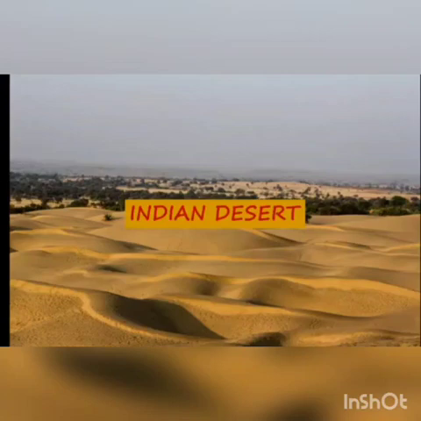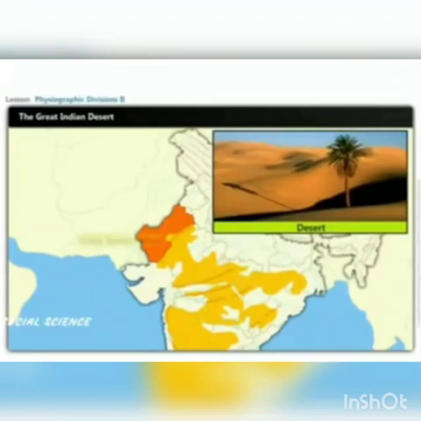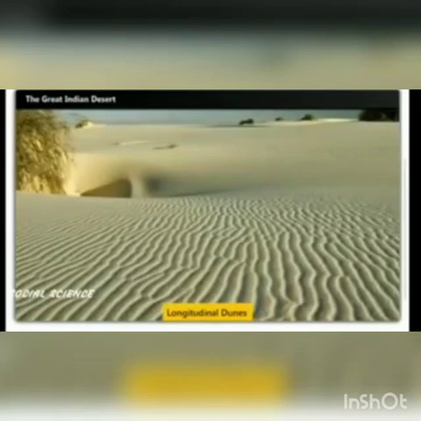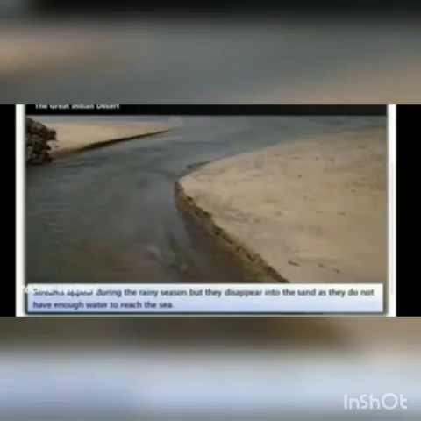The Indian desert lies towards the western margins of the Aravalli Hills. It is an undulating sandy plain which is covered with sand dunes. This region receives very low rainfall and it has arid climate with low vegetation. Streams appear here during the rainy season only.